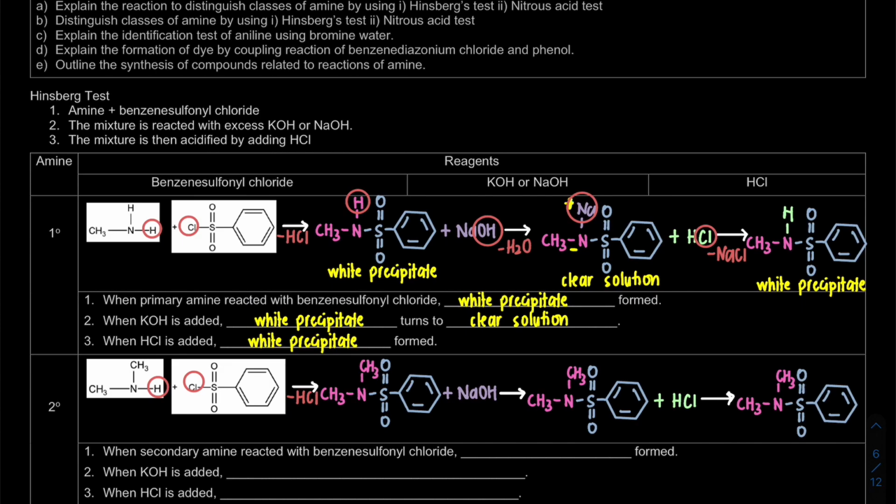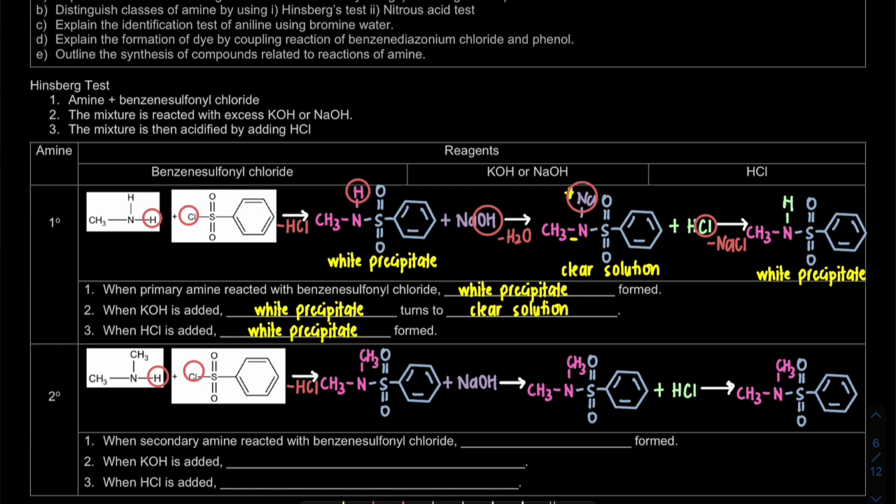So for the secondary amine, what is the observation? Again, we have to write it down. For the first one, what is the observation, the second one, what is the observation, and the last one, what is the observation? Okay, so for the first one, when we react the amine with benzene sulfonic chloride, we remove HCl,